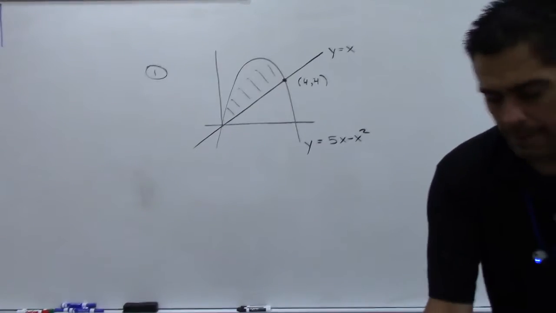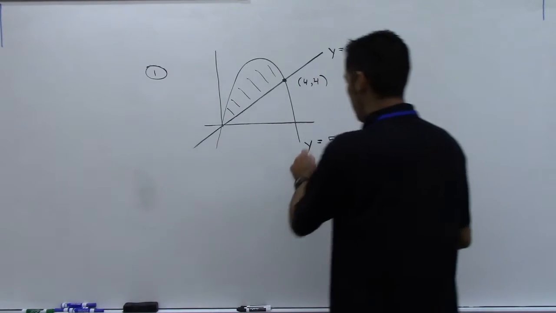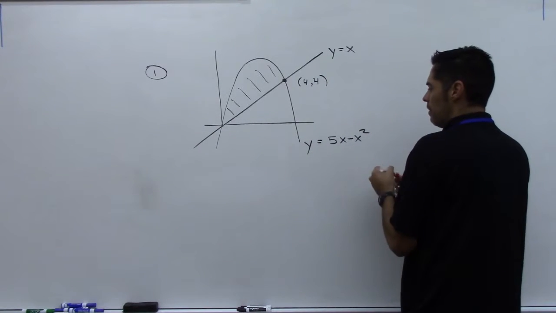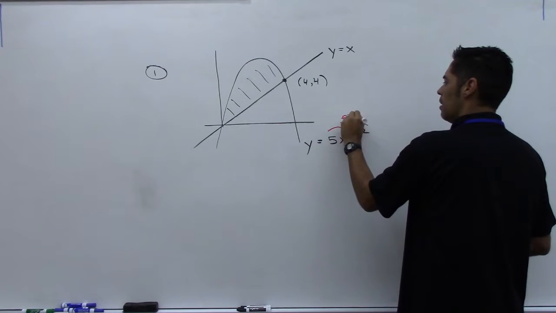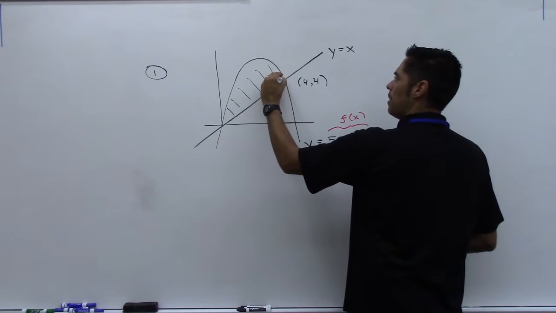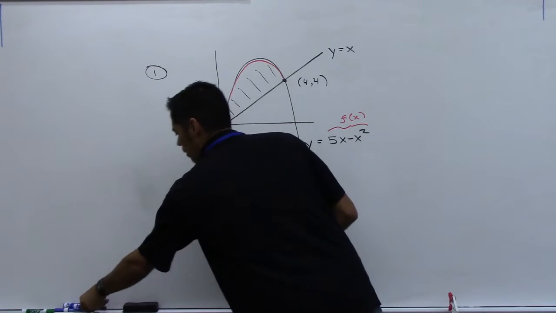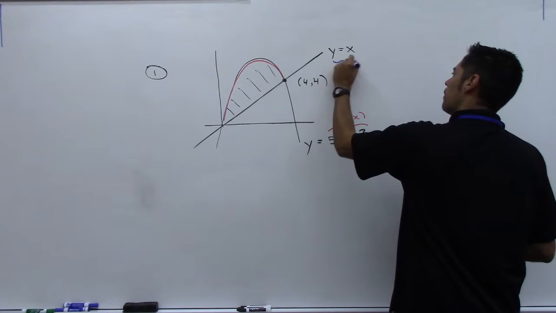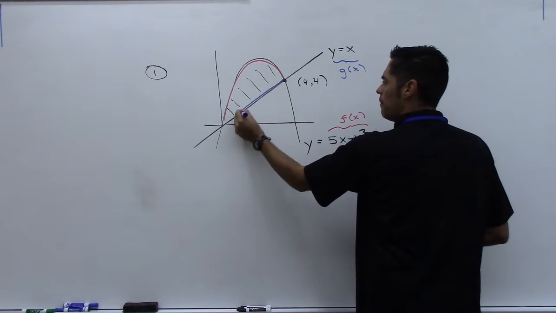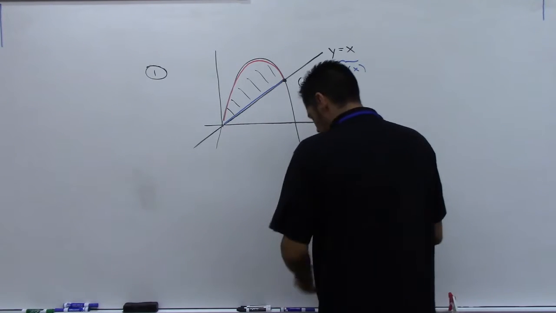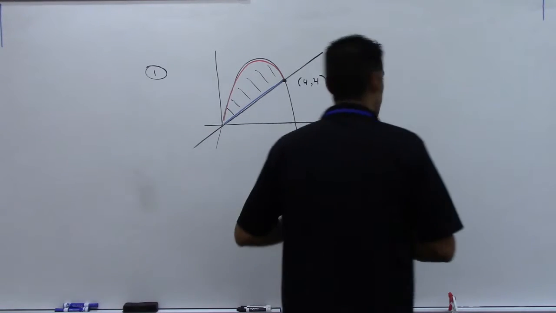So first of all, we notice that these are both functions of x because they are solved for y. You have y isolated, so this is a function of x. I'm going to call this one f of x because it's the function that's on top here. And then this one over here, I'll call g of x, since this is the one that's on the bottom of the region. And so we imagine that we can construct a rectangle in this region,